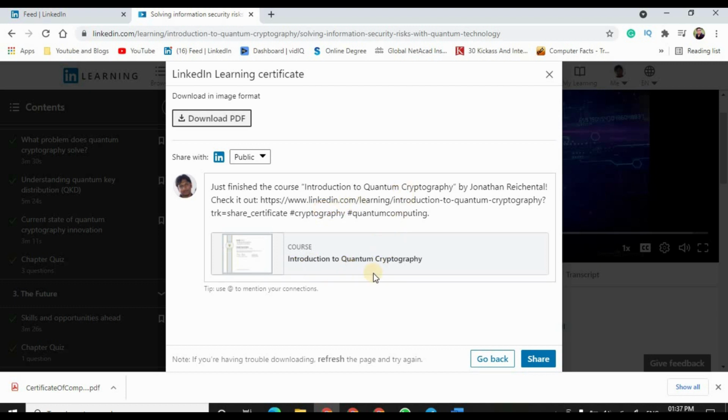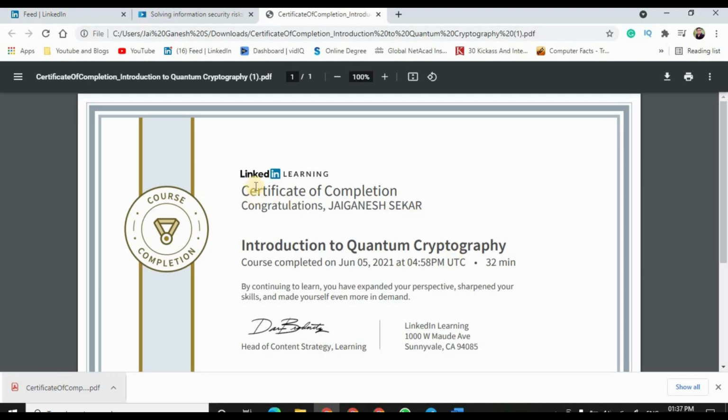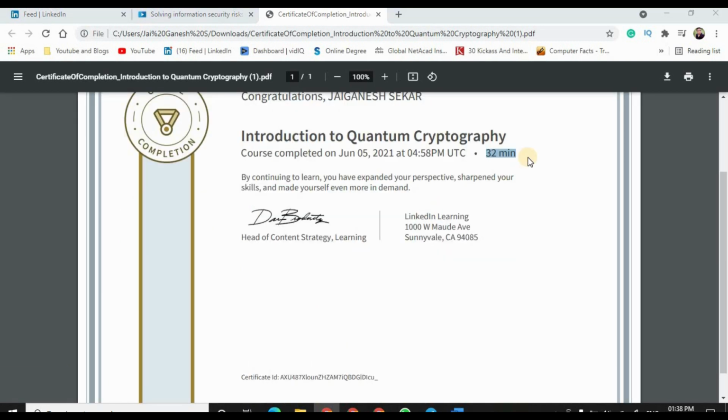It is good to share the courses that you are completing on your LinkedIn profile, so that it will motivate your friends or other members in your professional network, so that they will also learn something. So this is how the learning certificate will look. I will show you my certificate. So here is my certificate. That is how these certificates will help you.